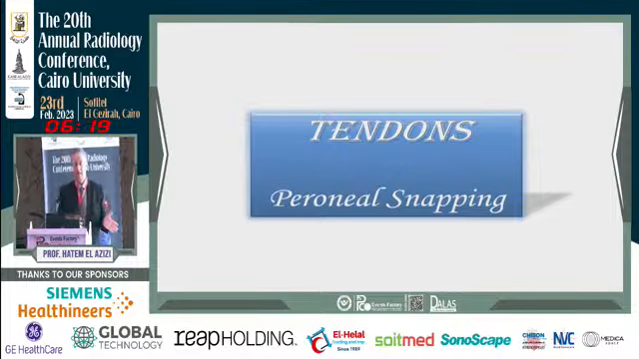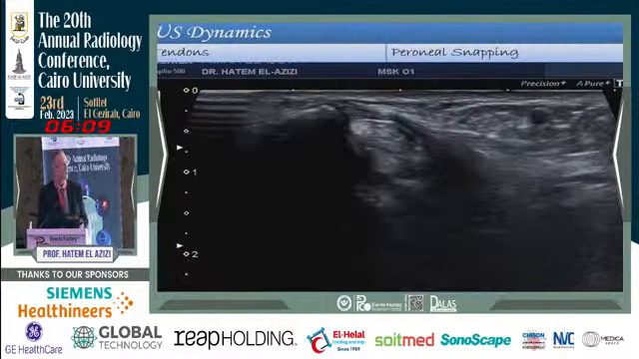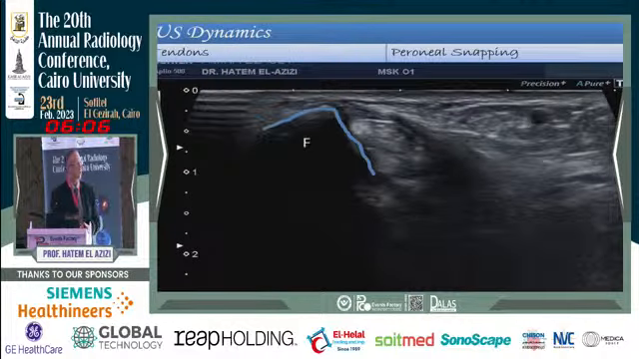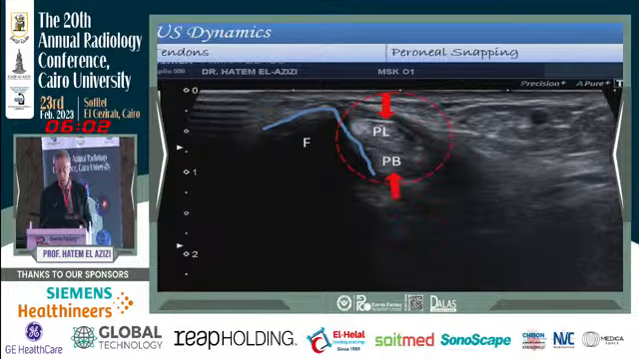Tendons, the snapping of the tendon is very common. Ankle snapping, hip snapping, wrist snapping, this is common. All snapping, if we did the examination in static, in MR, we're going to miss the diagnosis. Peroneal snapping, this is the fibula, and the tendons of the peroneus longus and the brevis. During dynamic,